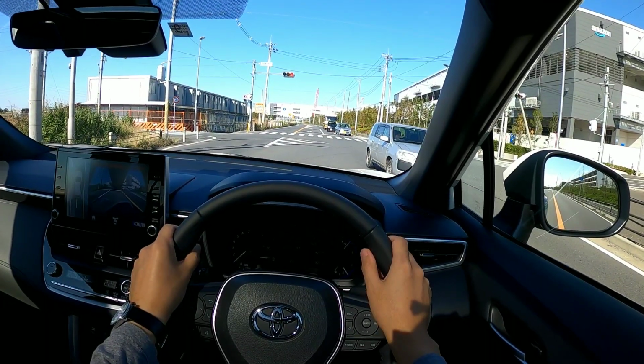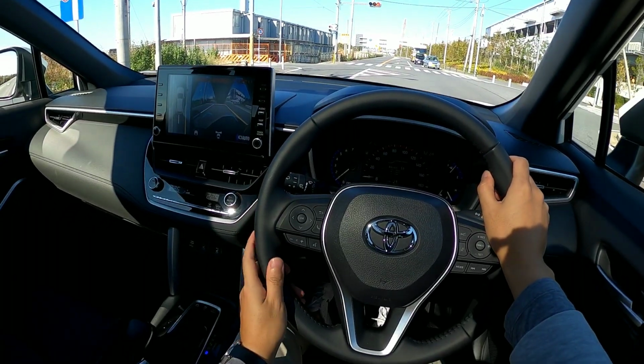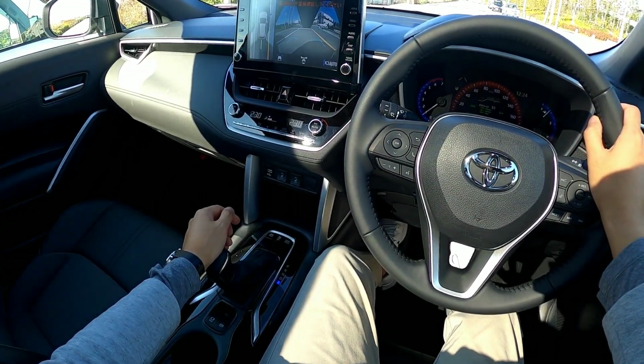A lot of Japanese reviewers say this Corolla Cross is normal and just fine. But let me say clearly, they are being fooled by sheepskin. This vehicle is a...